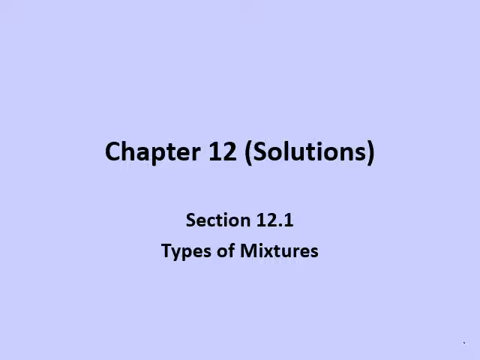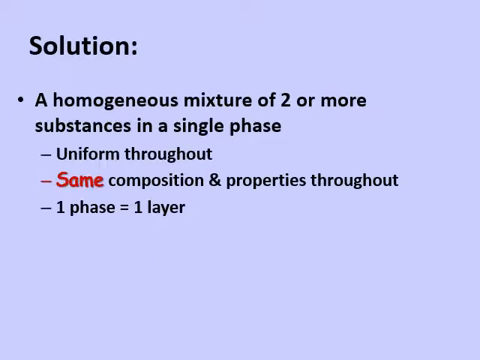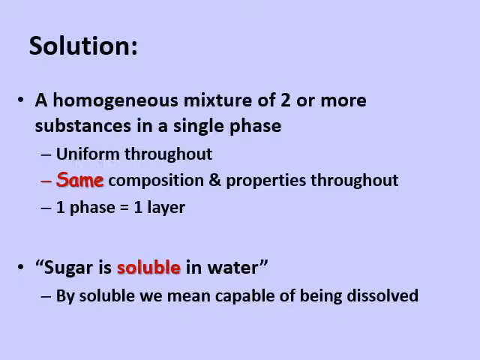So today we're going to start chapter 12, which is all about solutions. So what is a solution? A solution is a homogeneous mixture of two or more substances that exist in a single phase. And what we mean when we say existing in a single phase is it's uniform throughout or it has the same composition. So an example of a homogeneous mixture or a solution is things like Kool-Aid, salt water, ocean water,